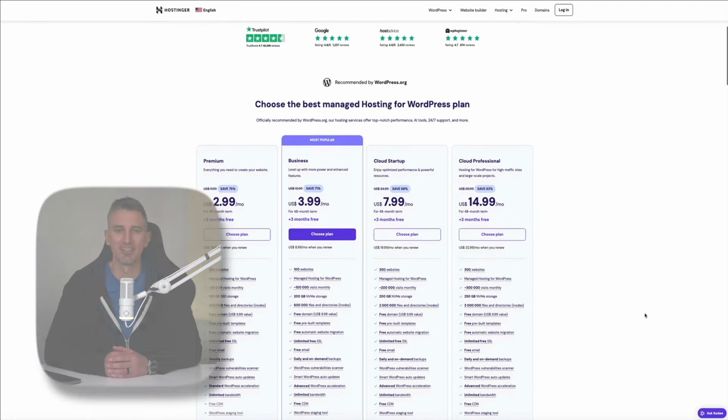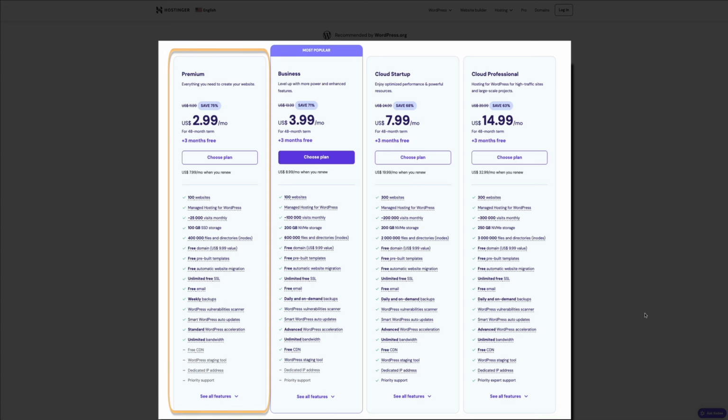these plans really quick. So the premium plan starts at only $2.99 per month for a 48-month term and renews at $7.99 per month and is perfect for beginners. It supports 100 websites and 25,000 visits per month with 100 gigabytes of SSD storage. You also get a free domain, which is a $10 value, a free SSL certificate, free email, and automatic website migration. This plan includes weekly backups, unlimited bandwidth, and WordPress auto updates, making it a solid choice for small businesses